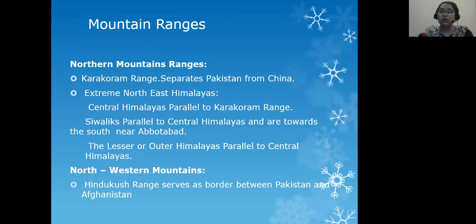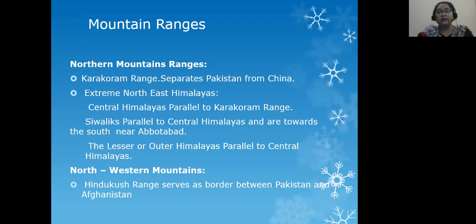So I repeat, Northern Mountains are made up of two ranges, Karakoram and Himalayas. Himalayas are further divided into three parallel ranges. Parallel ranges means that they go one after the other, side by side, together.